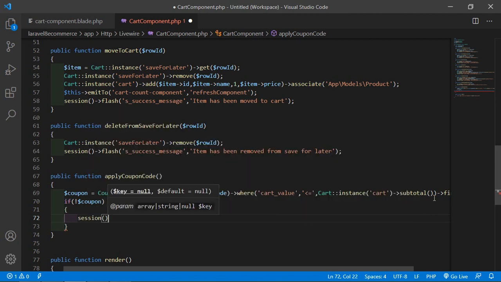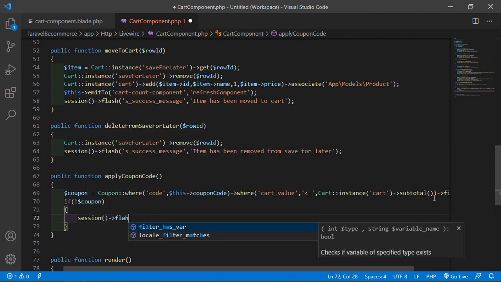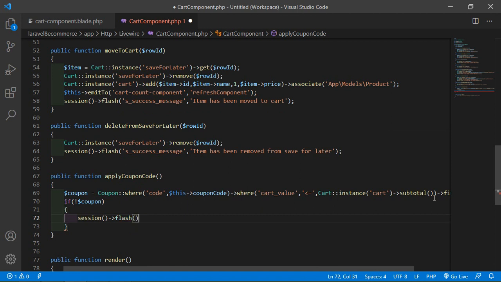Put a message inside the session flash with the key coupon_message, and add the message "Coupon code is invalid." And now return.